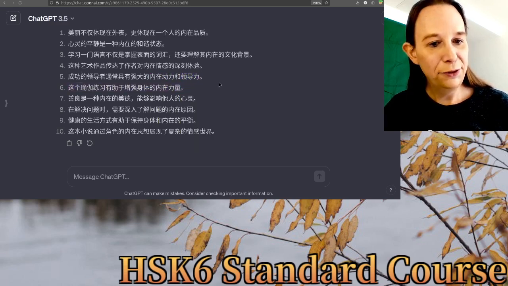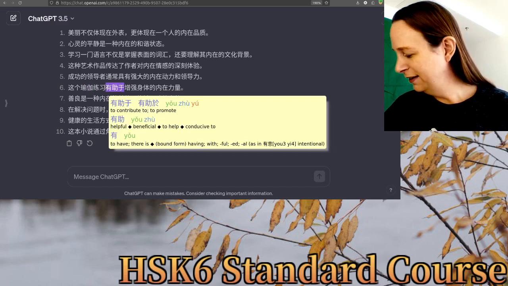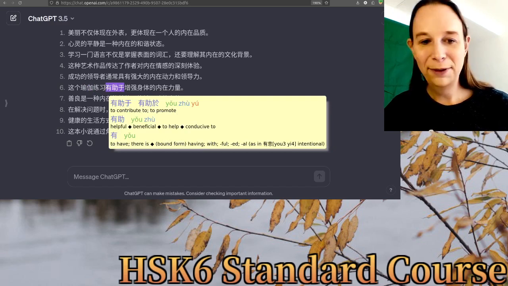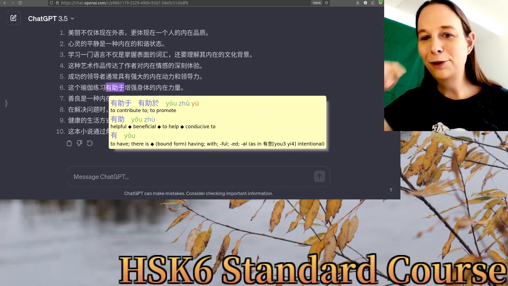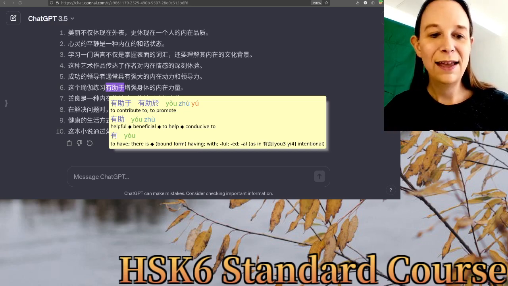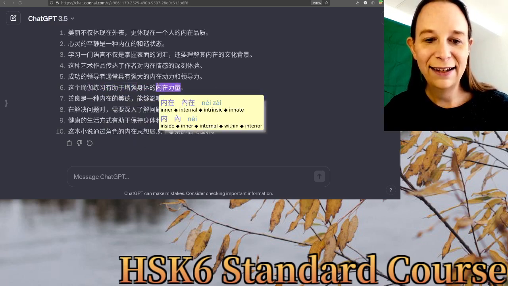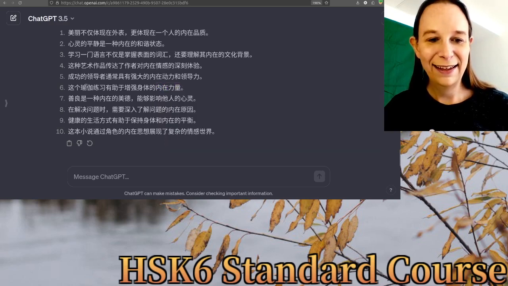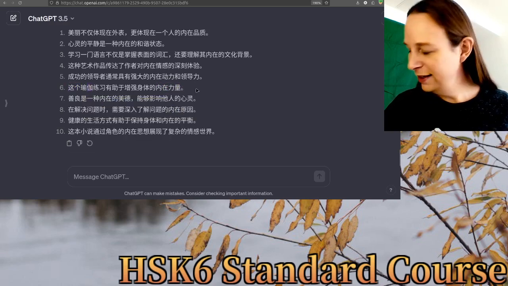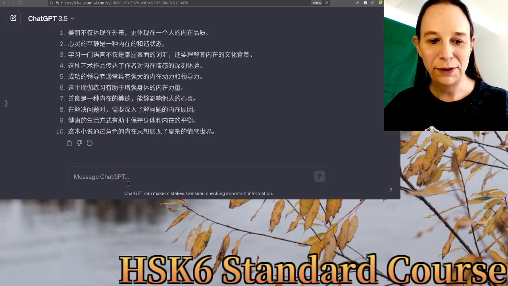这个瑜伽练习有助于 This is the opposite of 得力于 Actually, can you say 得助于 Maybe, I don't think 得益于 有助于 Yeah, this one promotes this one. 增强身体的内在力量 No, this is like core strength. Yoga improves your core strength. Yeah, 有助于